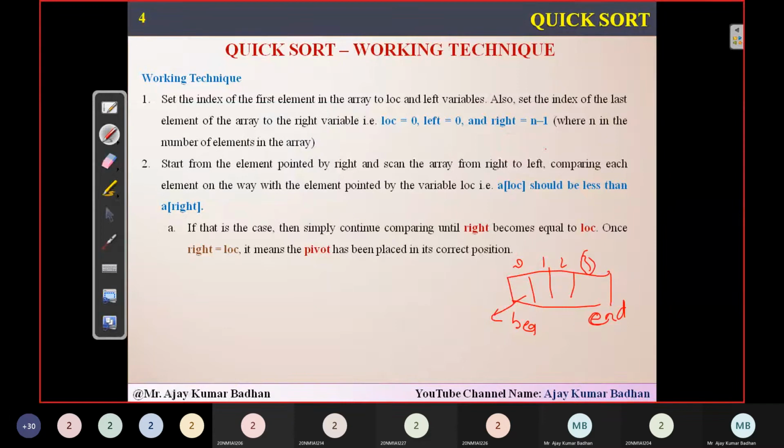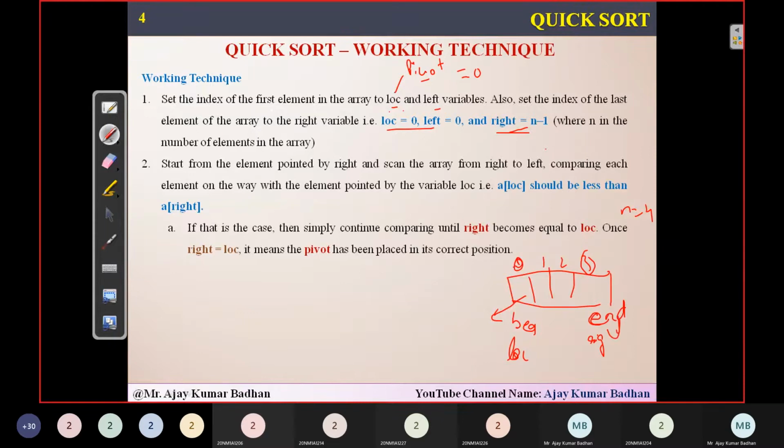And remember, location is what we use for the pivot, that is the pivot number present in this location. So he is asking you to take an array, and the location and the left variable should be assigned 0. That is what we are doing here, and right equal to n minus 1. Why do we do n minus 1? Since we have 4 elements here, I am representing from 0, 1, 2, 3. So the fourth element will be present in location 3, that is 4 minus 1. So that's why right is equal to n minus 1, which is nothing but right equal to 3. So indirectly this is your right, and this beginning is your left. So left and right combinations we are going to use here, something like this.